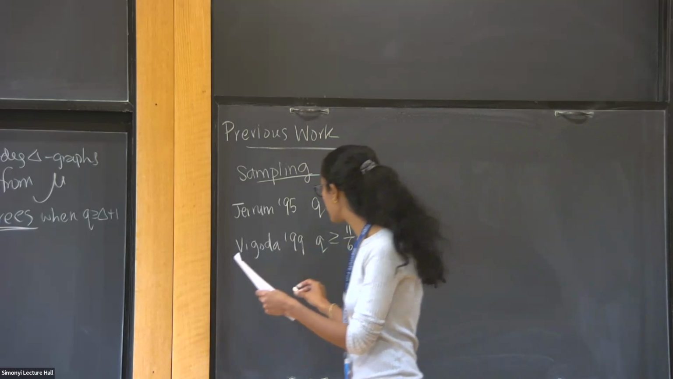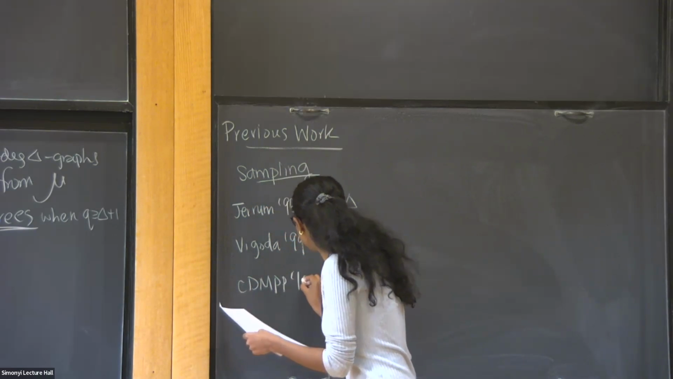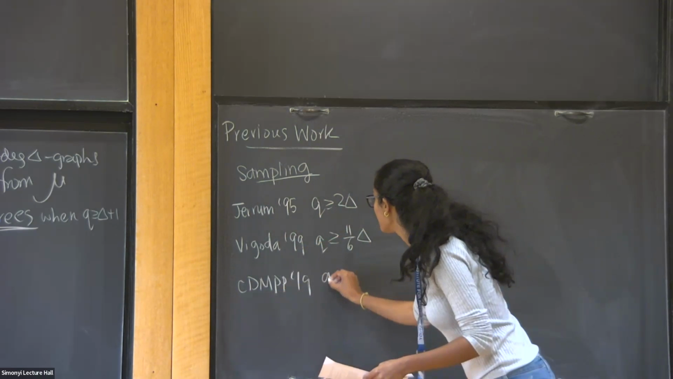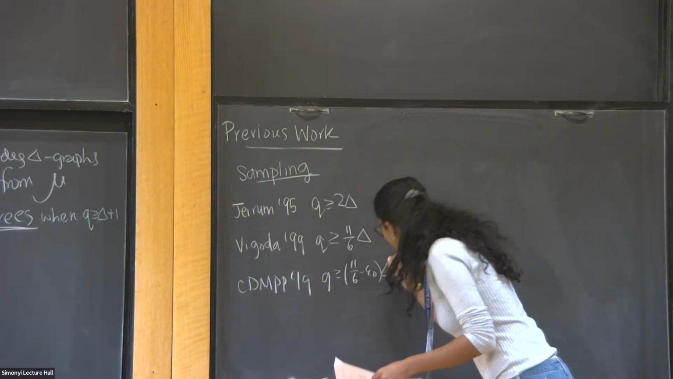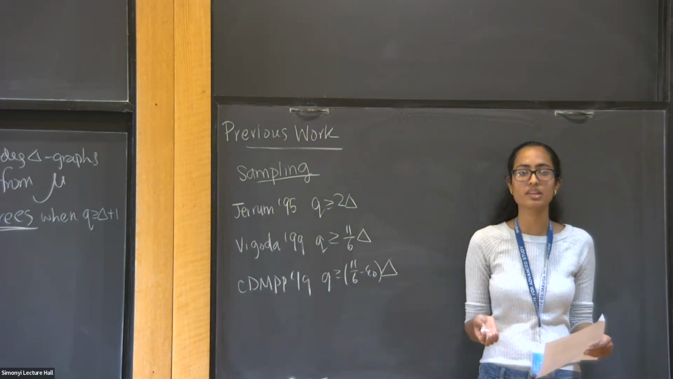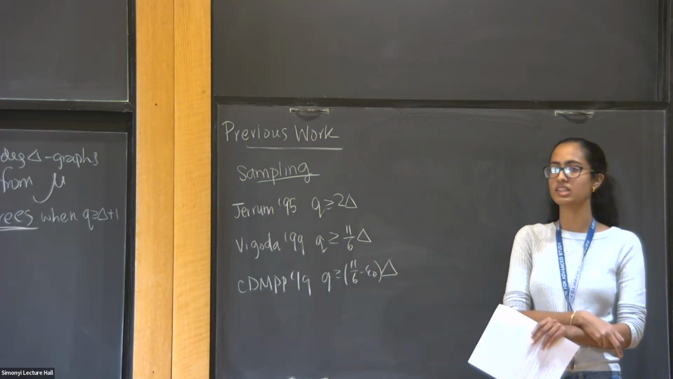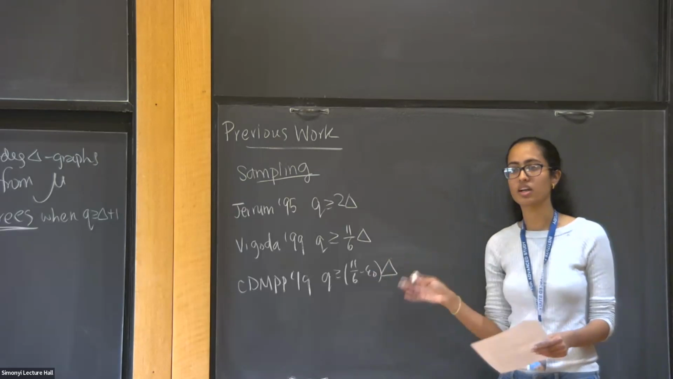And you can see that there's now a very big time gap, which is in 2019, 20 years later, this was improved to 11/6 minus some very tiny epsilon 0. It's a very beautiful result, but this is essentially where we're stuck in terms of sampling from general graphs of maximum degree delta. And so a very natural question is, okay, maybe this is really hard, we really can't sample from